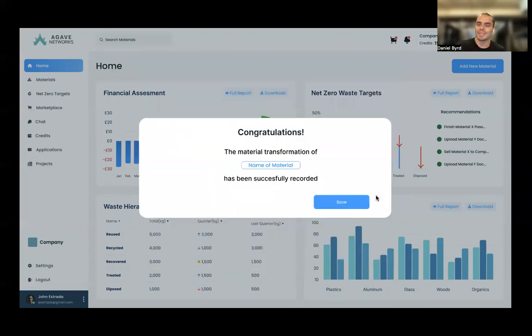So again, that's how this low fidelity MVP will look, and this MVP has been gathering great feedback from industry leaders and